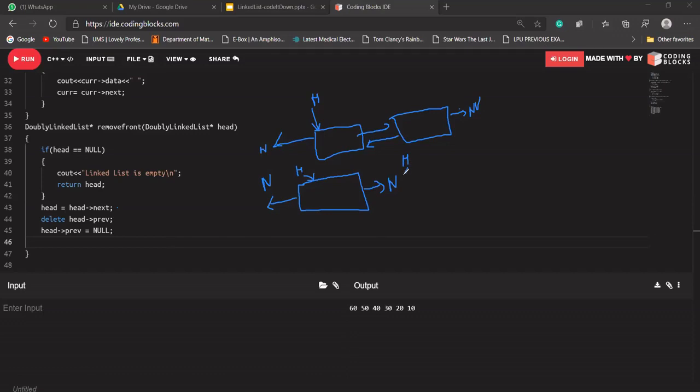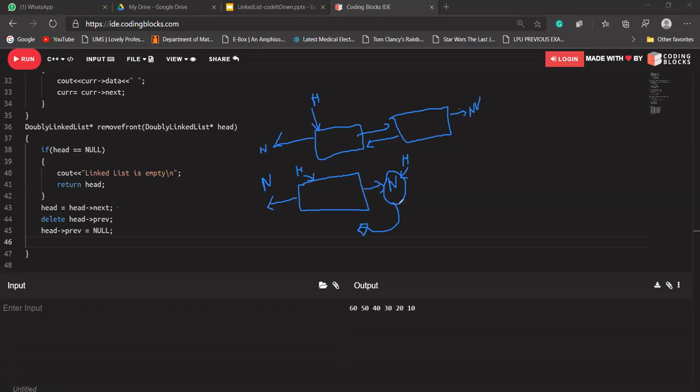Head is pointing to a null value, and it is saying delete head's previous. Null's previous will not be anything, because null does not store any data, so there will not be any previous node. It will simply cause a segmentation fault, because we have already seen that if we try to print null's value, null's next, or null's previous, it causes a segmentation fault, since there is nothing in null.